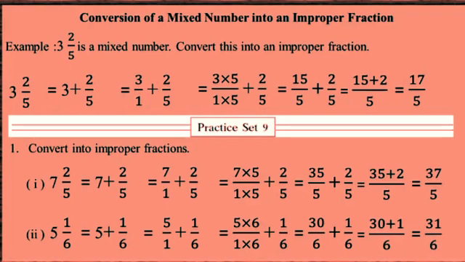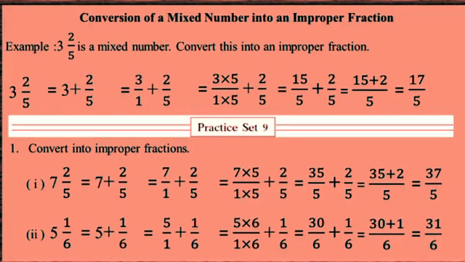Let us start practice set 9. In this, the question number 1 is convert into improper fraction. See the question number 1. 7 2 upon 5, that is 7 plus 2 upon 5. Let us make the denominator equal. 7 upon 1. We will multiply both the numerator and denominator with the 5 to make the denominator 5 here. So the answer will be 7 5s are 35, 1 5s are 5, that is 35 upon 5 plus 2 upon 5. The answer is 35 plus 2